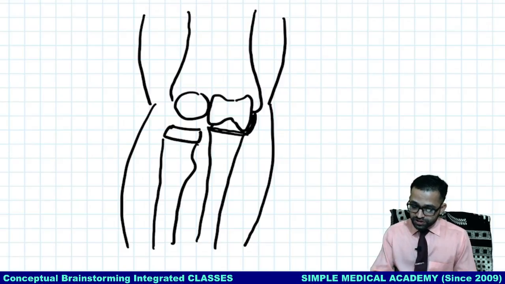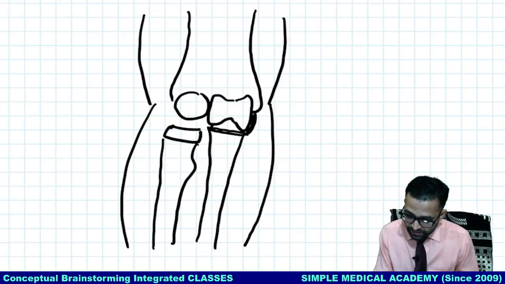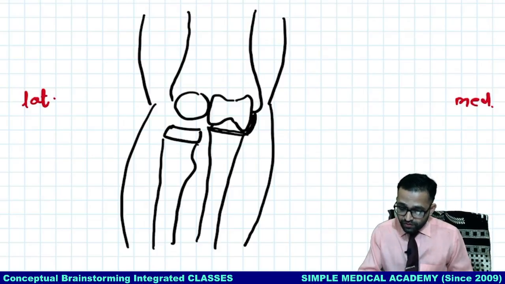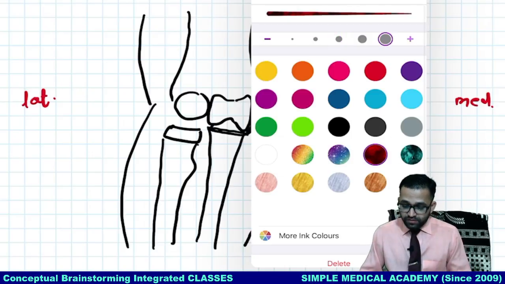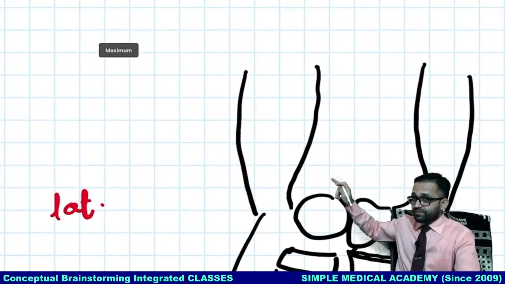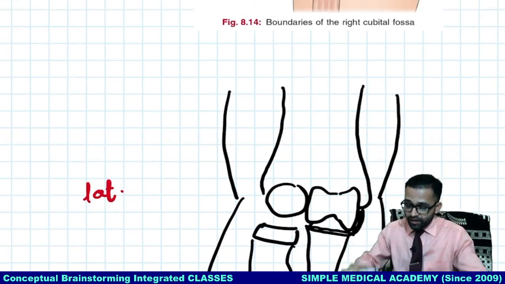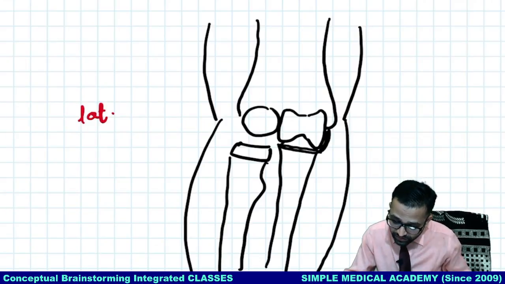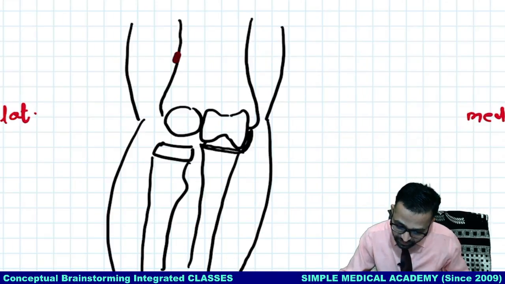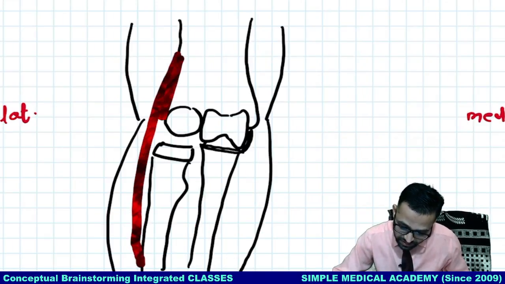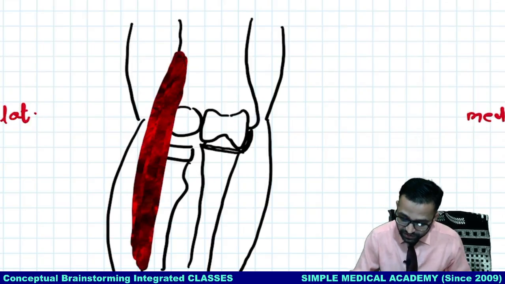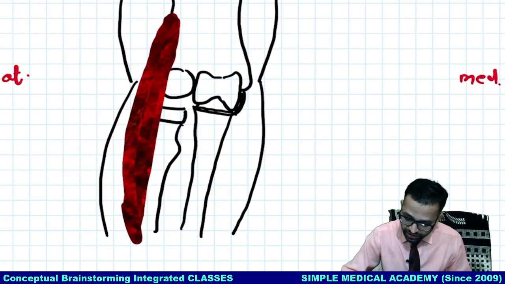Fine, now try to understand, this is our lateral side, here is our medial side. There is one muscle which takes origin from the humerus, above the lateral supracondylar margin, and gets insertion towards the radius. This particular muscle is our brachioradialis. In the diagram, one muscle takes origin and takes insertion towards the styloid process of the radius. So what is the name of this muscle? This is brachioradialis.